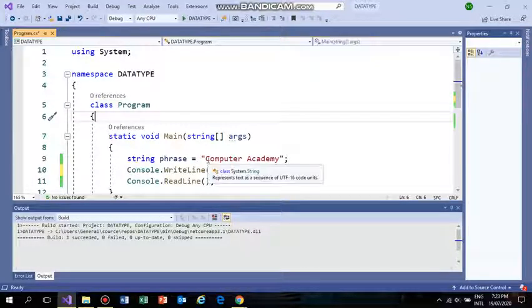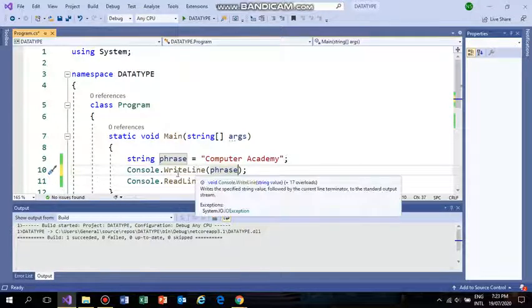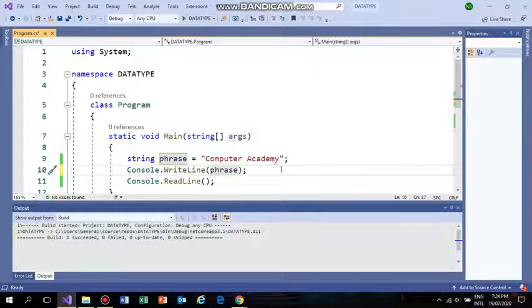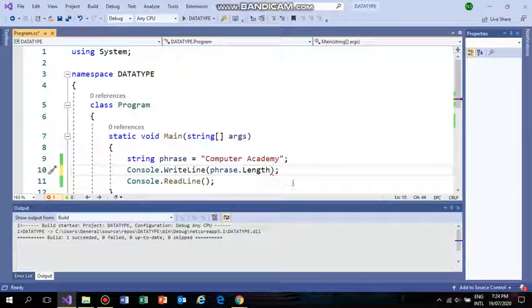For example, if we want to know the length of the characters in Computer Academy, what should we write after Console.WriteLine? We have a phrase, Computer Academy, so after Console.WriteLine we write phrase, because we have the phrase Computer Academy and we have to find its length.